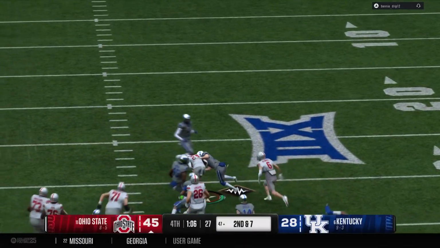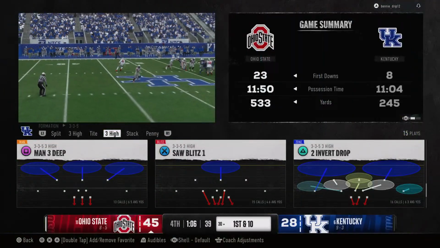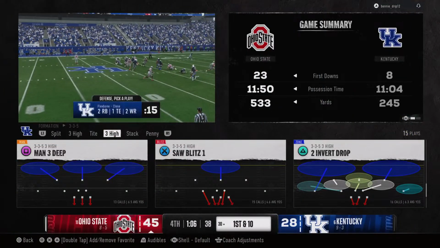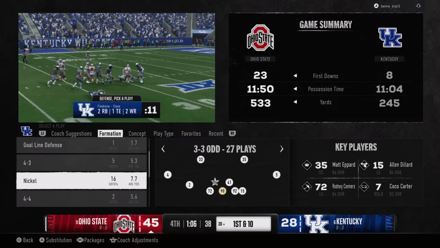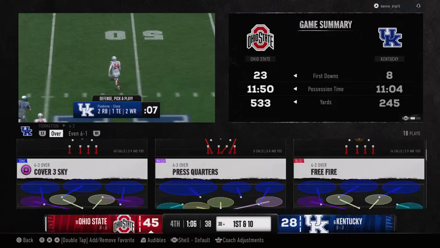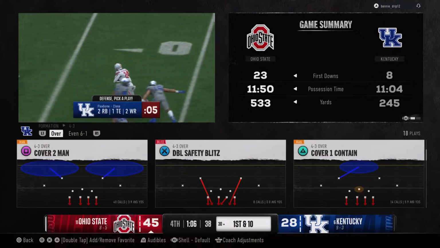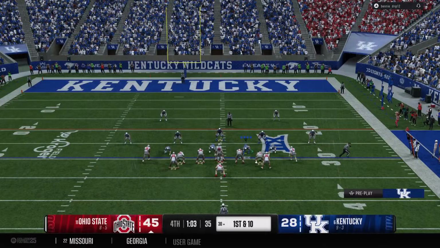Picks up the 1st, looking for more. Tackle made, but the gain moves the ball to 30. Well, this offense just seems to get more confident as this football game is played out. They've got a nice lead. Here they are in the 4th quarter, just working that clock, possessing the football, and trying to get out of here with a nice, solid victory. A running play gives the offense a fresh set of downs.